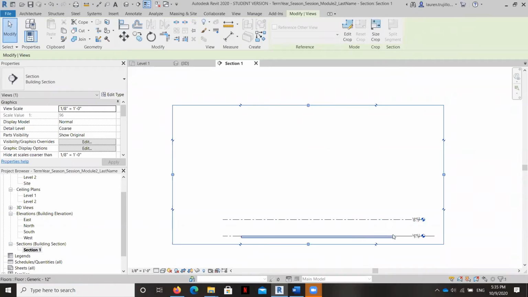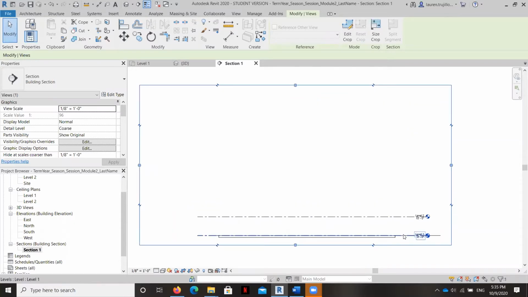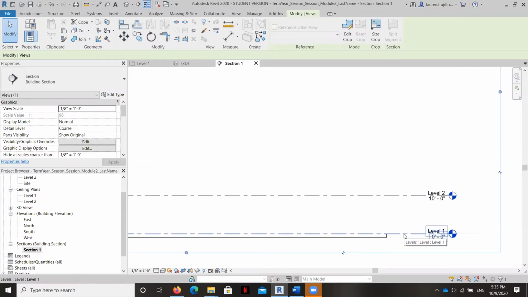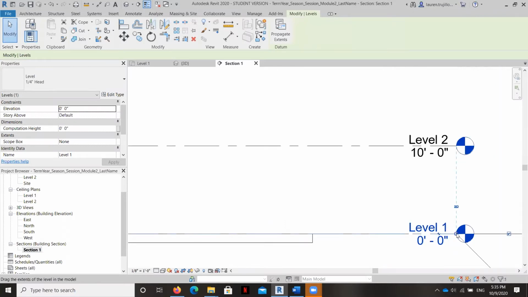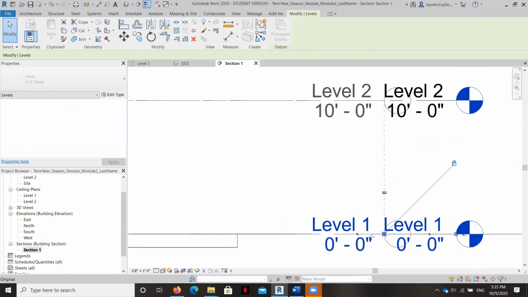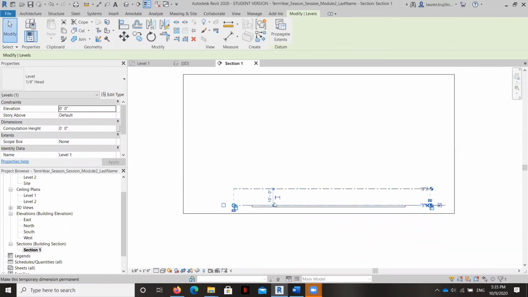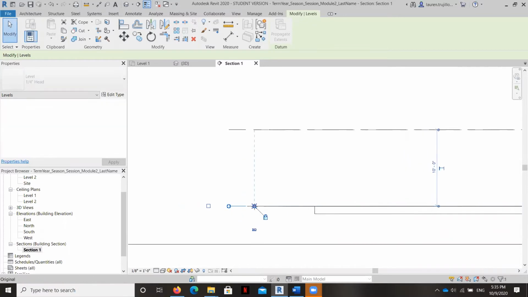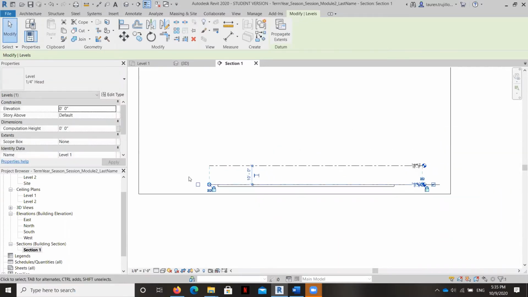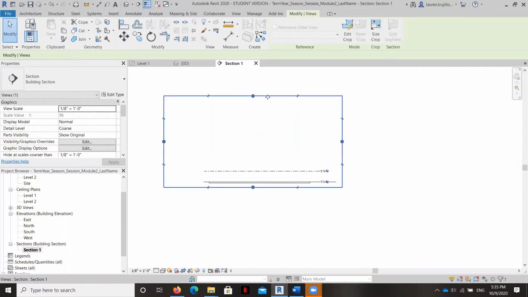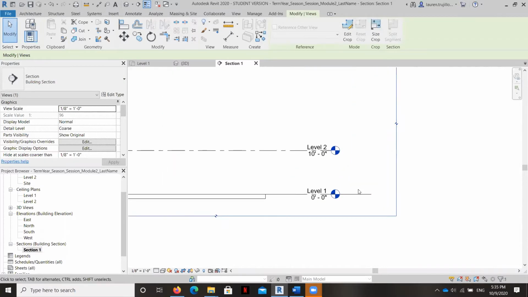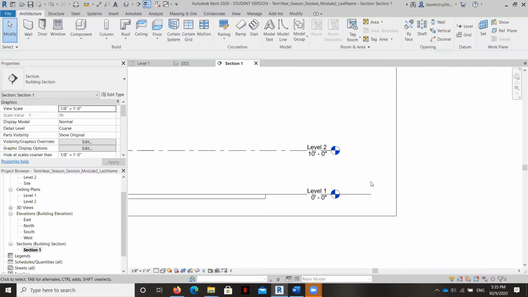Okay, so now you can see that my levels have been moved, and it just required a lot of zooming in and zooming out because I basically had to click on this and then move these itty bitty little guys over here in and out. And I had to move the tails over here, which also have their own grip right here. And then the other thing that I did was I resized my crop window. Again, this is the line that shows the AutoCAD file coming in. So we're going to leave that right there for now.